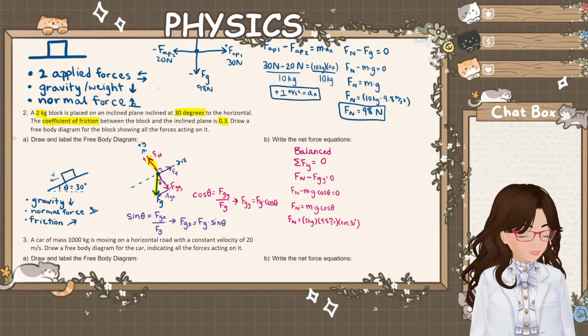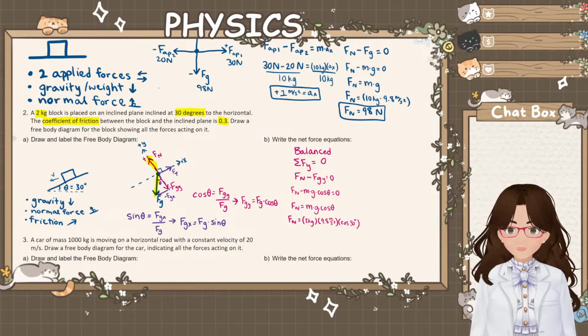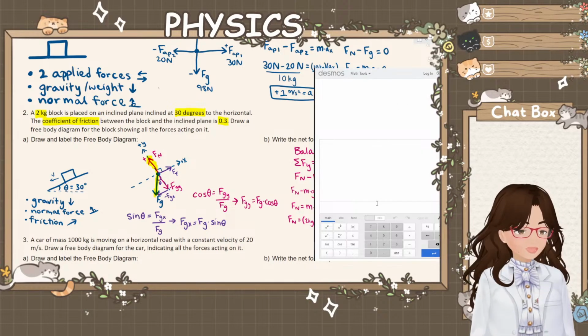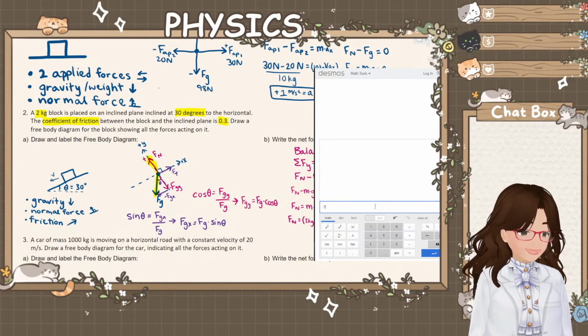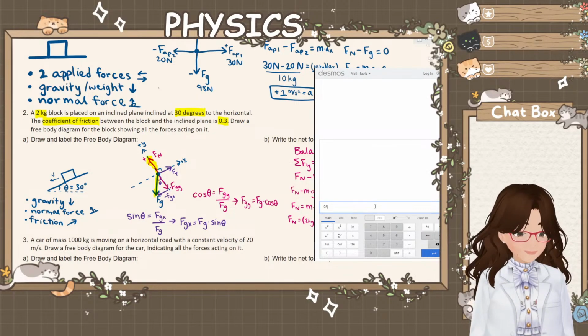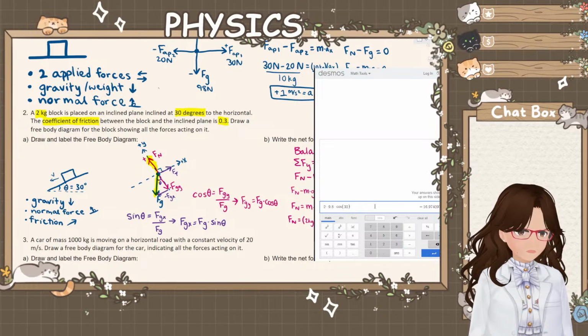If you remember your 30, 60, 90 triangle, you're solid to do that. Okay, so here we go. I'm just using Desmos so that way you can see it on the screen. I'm going to go ahead and plug this in. I got 2 times 9.8 times cosine of 30 degrees. Make sure that your calculator is in degree mode, and you can see that our normal force is going to be equal to